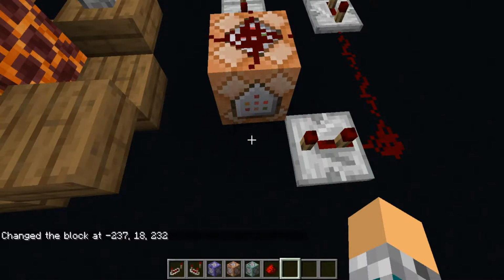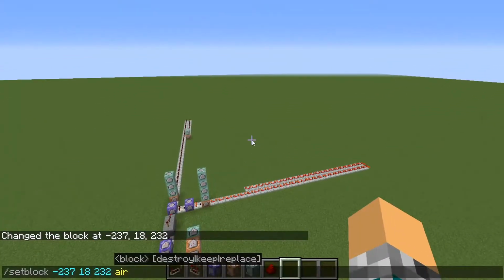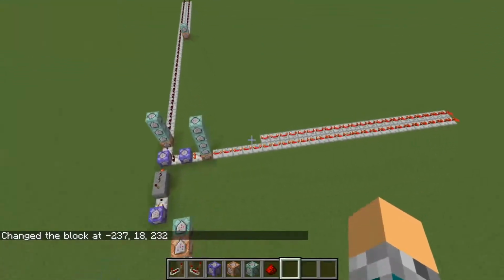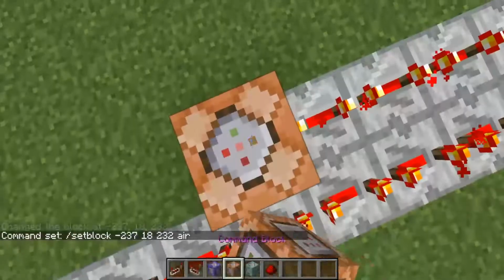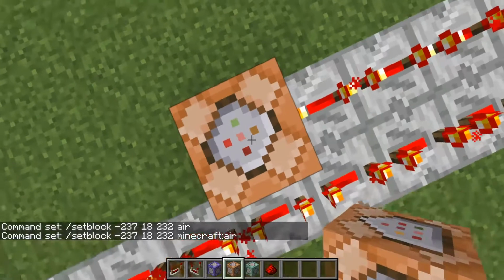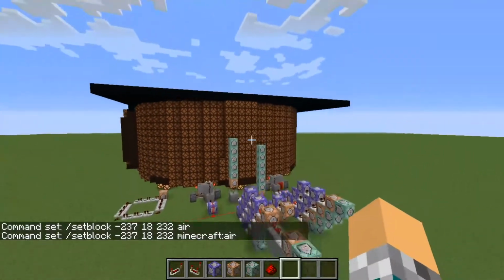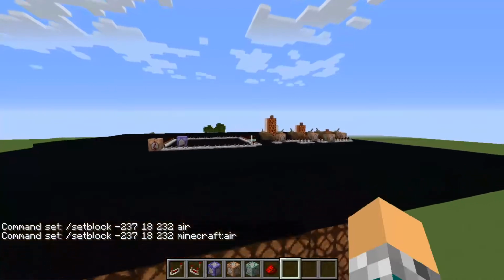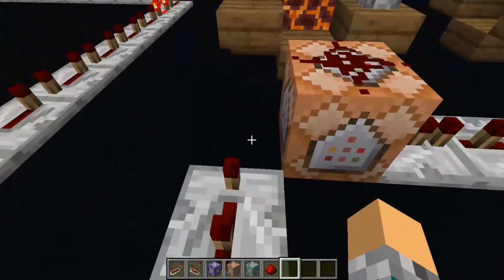Set block error? Yep, okay, good. So I'm gonna just copy that. Paste that into this block here. The whole Minecraft colon bit isn't really necessary, but I like to do that for whatever reason. Okay, good, so that does that, and then